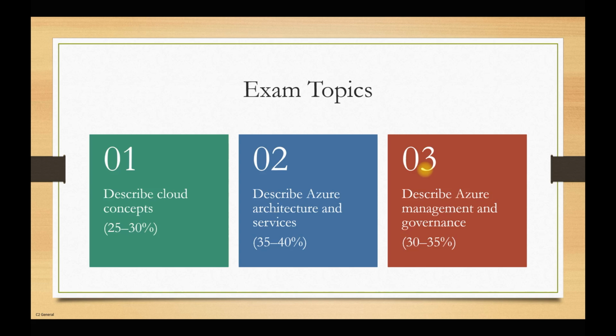This module is very important because it carries around 35 to 40% of your exam. Here we will talk about all the services related to compute, storage, and network. Those are the core services. Then we have some additional services like databases, IAM services related to security, and some advanced services like artificial intelligence and machine learning. Let's move to the third section, which is about Azure management: how we can manage our infrastructure in Azure through subscriptions, through management groups, and some services related to security, compliance and all that. All of this will be covered in the third section.